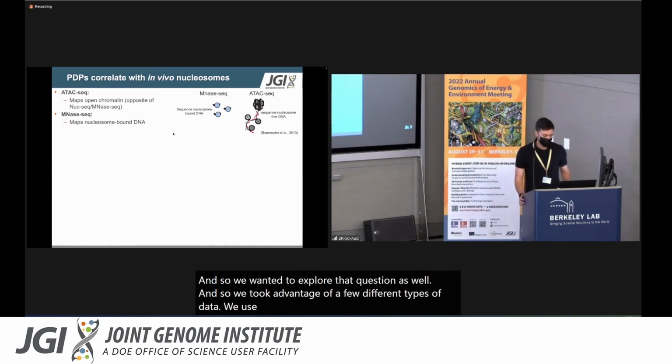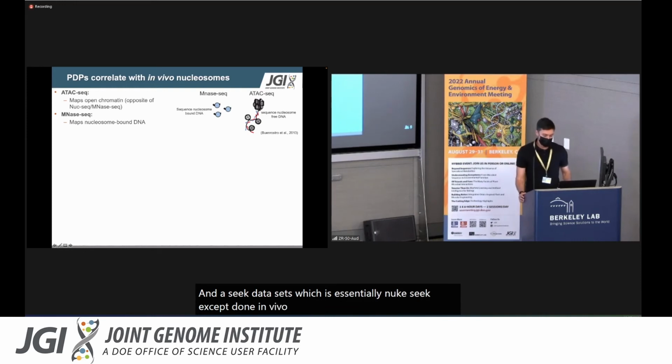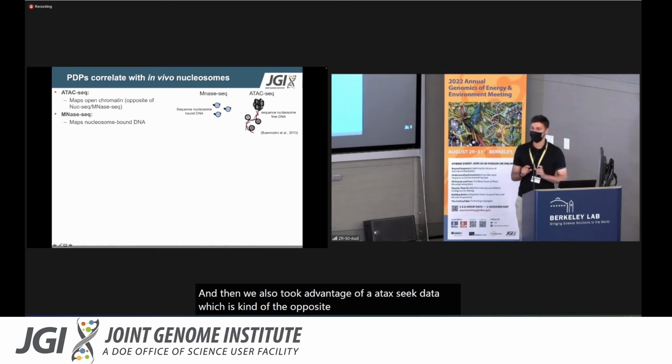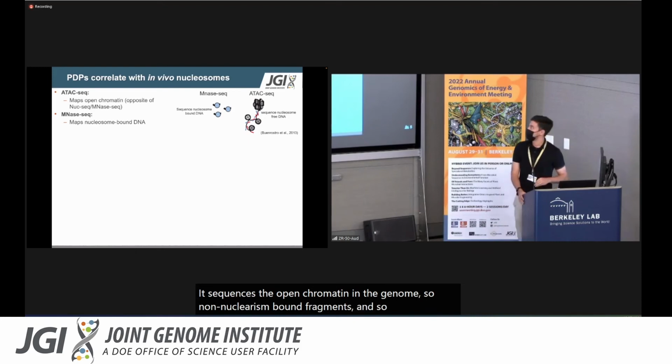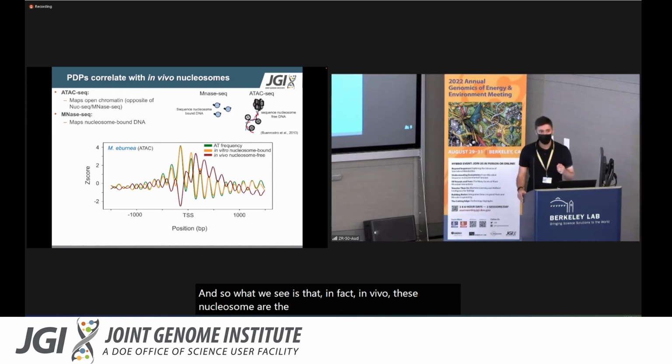We used in vivo MNase-seq data sets, which is essentially NucSeq except done in vivo. And then we also took advantage of ATAC-seq data, which is kind of the opposite. It sequences the open chromatin in the genome, so non-nucleosome bound fragments. And so what we see is that, in fact, in vivo, these nucleosome or these AT patterns have a strong